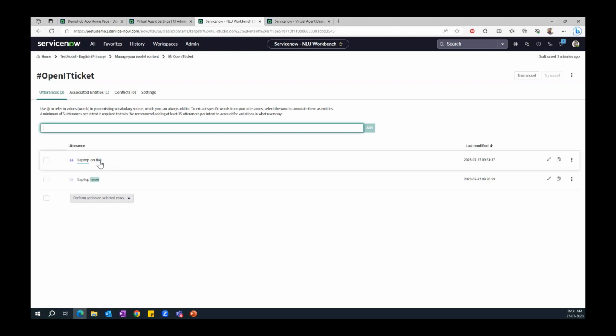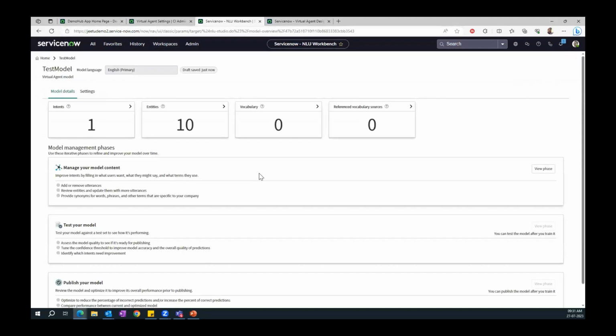So you can define the entities, and you can give meaningful inputs to your conversation. This is about entity, and we learned how to create models. There are different ways. So this is about model creation. You can test your model.